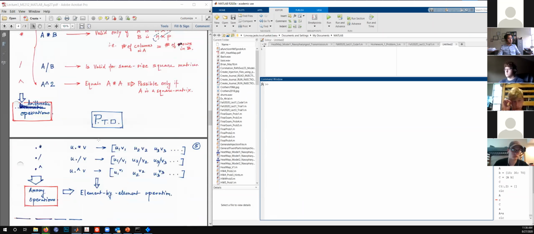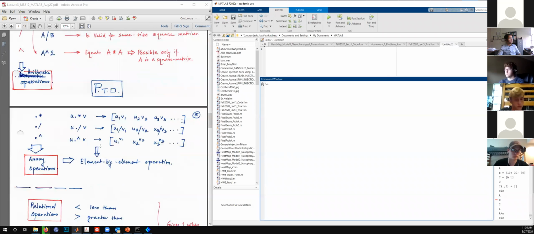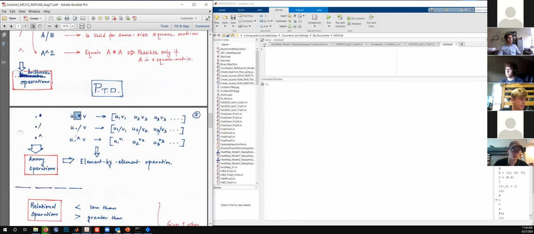Okay, a few more things before we go into solving a problem today, and I think I have covered this in the last lecture as well. If you are trying to carry out a mathematical operation on each element, for example, here we have 2 vectors u and v, and we are trying to multiply u and v, but not a regular matrix multiplication. We are trying to multiply each element of u with the corresponding element in v. You do that by the use of this dot operator,